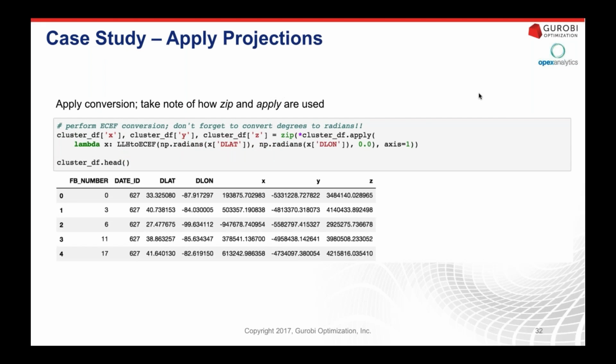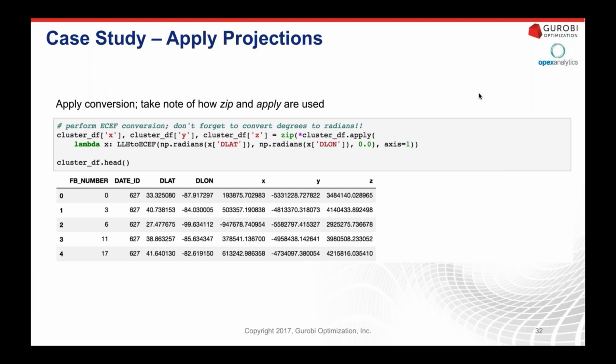Just a point of note here for people who are maybe in the beginner to intermediate stage of using Python, there are 2 interesting functions that you can look at here. The first is the apply function that we apply to the pandas data frame called clusterdf. What that allows us to do is literally apply a function across every row in the data frame. It's a much more efficient way of calculating transformations in the data.